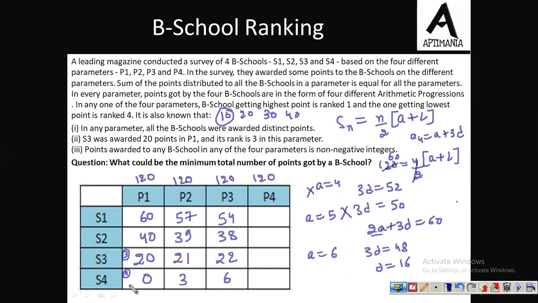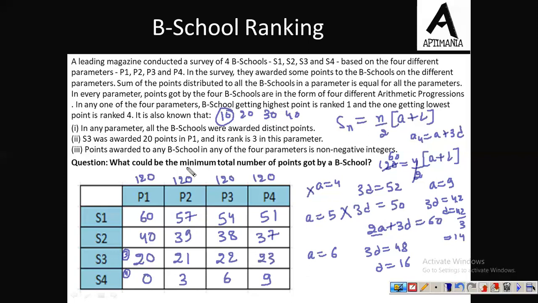Fine. अभी हम यहां से भी कह सकते हैं कि 0, 3, 6 है तो next should be 9 only. If we take a is equal to 9, so 9 into 2 becomes 18. So 3d becomes equal to 42, or d from here comes out to be 42 divided by 3, which is nothing but equal to 14. So if the first term is 9, then the common difference must be 14. So the next term becomes 23, then it becomes 37, and then it becomes 51.